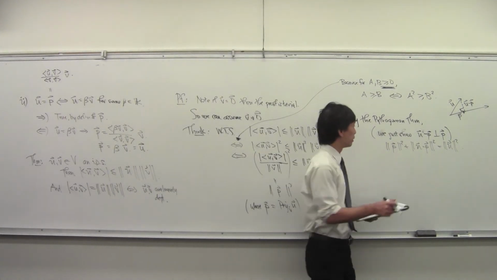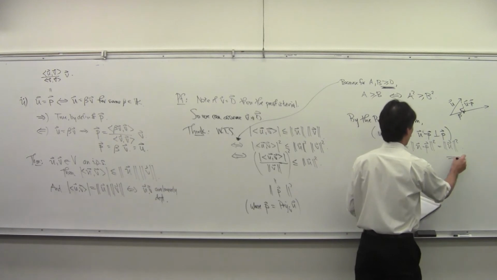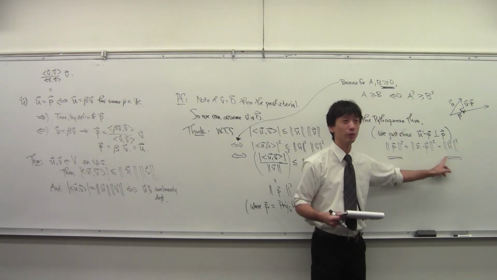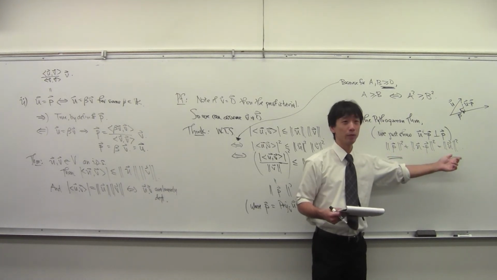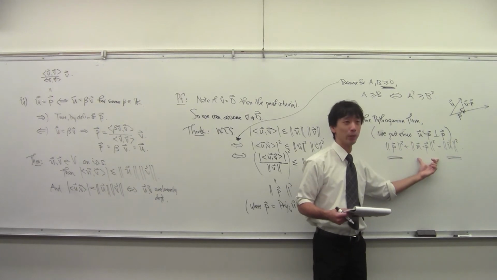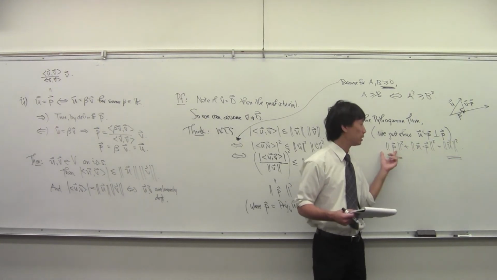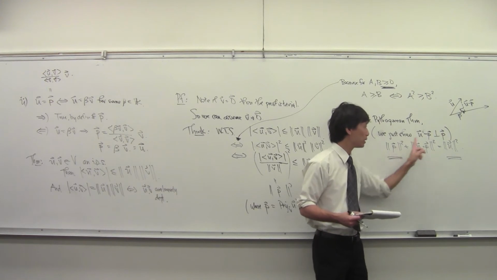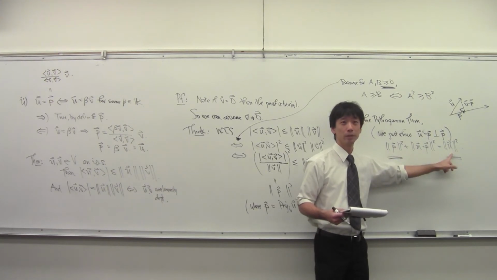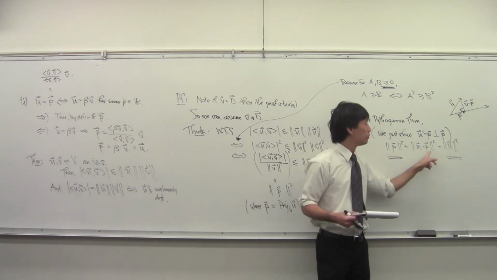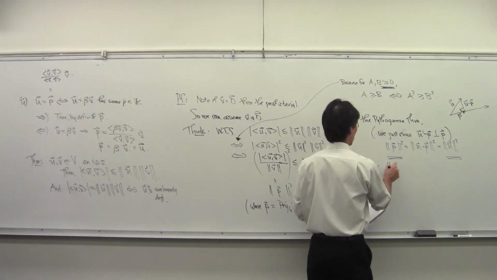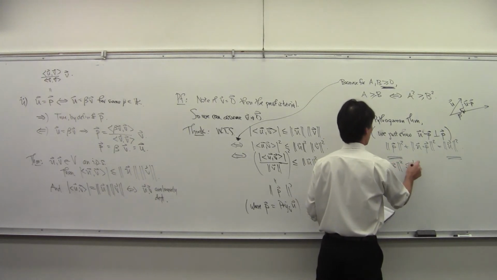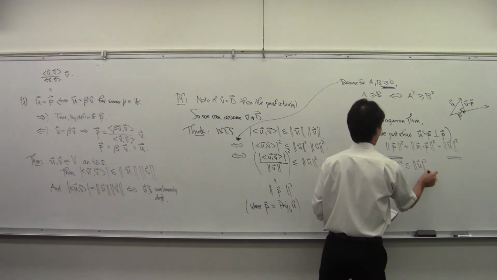But what does that tell you? The norm of P squared plus something equals the norm of U squared, right? So the norm of P squared has to be less than or equal to the norm of U squared, because it plus some positive number is that, right? So this has to be less than or equal to that. Okay, so we see that the norm of P squared is less than or equal to the norm of U squared, and in fact,